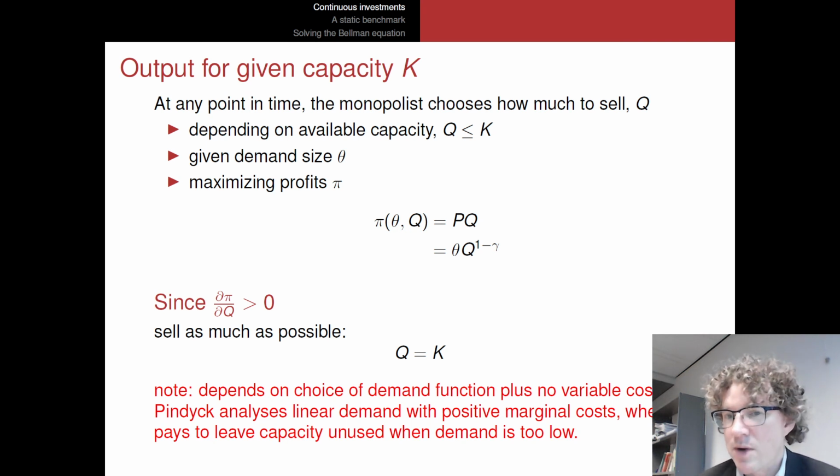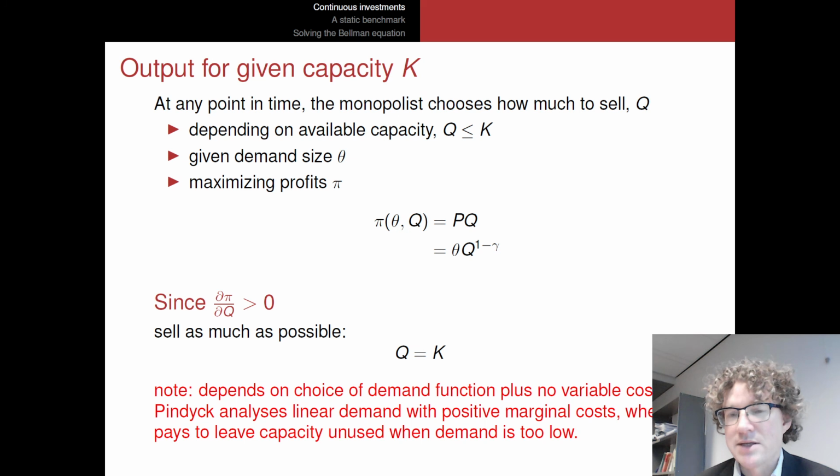So if I want to maximize my profits, what am I going to do? Well, the more I produce, the larger Q is, the larger my profits get. That's what a positive derivative means. So I'm going to choose my Q as large as I can. Well, how large is that? I would like to go to infinity, but I can't. I have this limit. I only have a certain capacity of power plants K at my disposal. So what am I going to do? I'm always going to choose in this model to set the total quantity that I'm producing equal to the total capacity that I have.